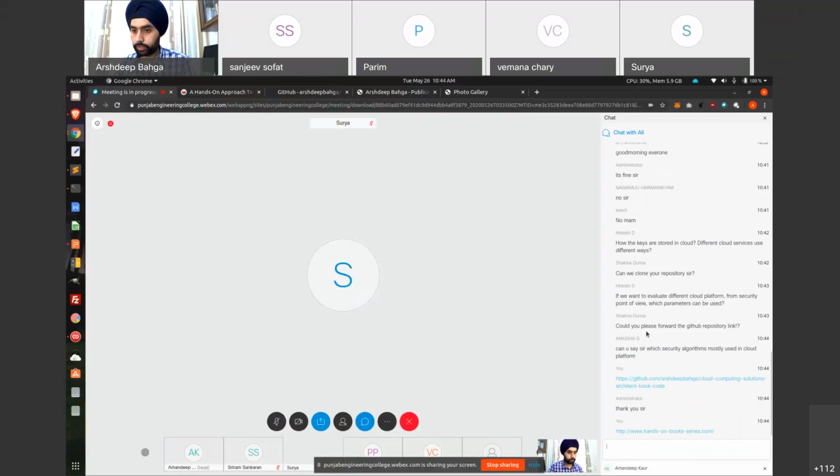So there's a question on how to evaluate different cloud platforms from a security point of view and which parameters should be used. Actually, if you look at the popular cloud platforms from Amazon, which is the AWS platform, from Microsoft, we have the Azure cloud platform, and Google has its Google Compute Cloud.